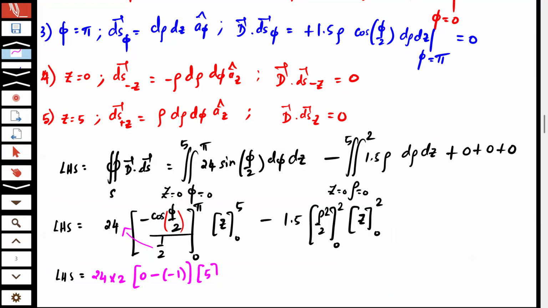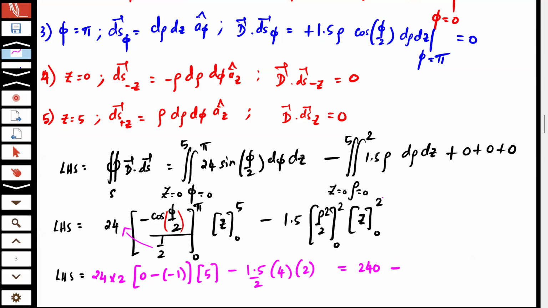Then for z it is going to be 5. Then 1.5 divided by 2, so I will write 1.5 divided by 2. Here it is going to be 4, and this is going to be 2. So finally, after simplification, I will get 240 here: 24 into 2 into 5. So 240 for the first term, minus I'll get 1.5 into 4, which is,